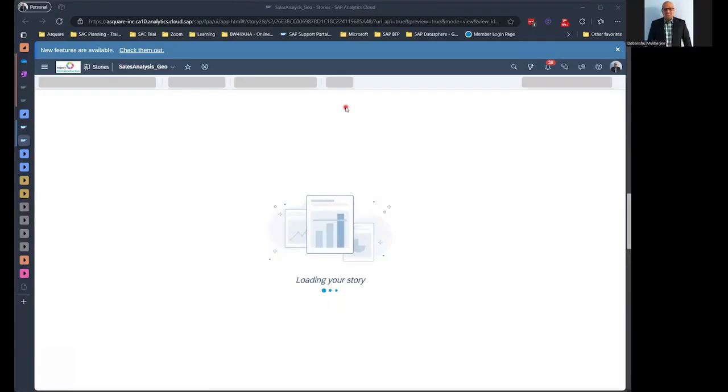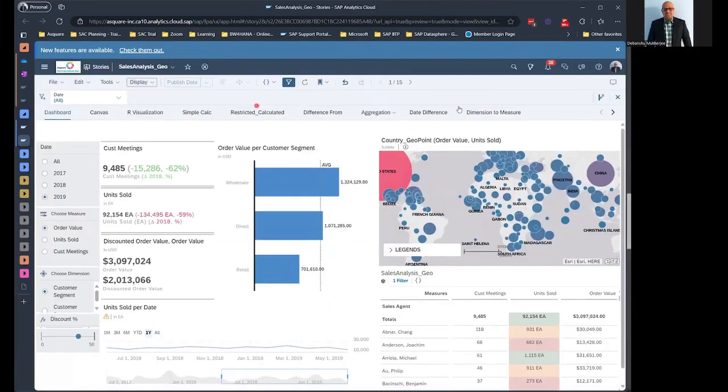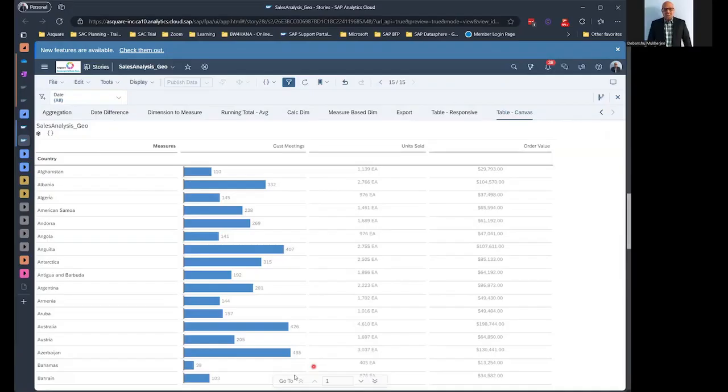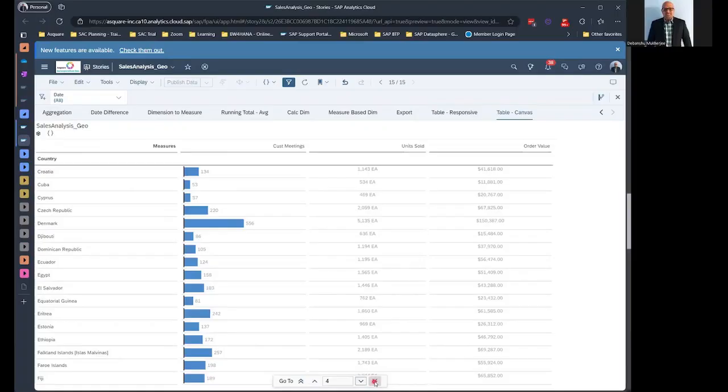So what do I do? Go to display, tab bar, and then all the way to the end. And then I have table canvas. And there we have our table. And now the moment you hover over it, below you can see now I have the page navigation enabled. So now if I go to the next page, this is my next page, then again next page, and then if I want to go to the final page, then you can click on go to the last